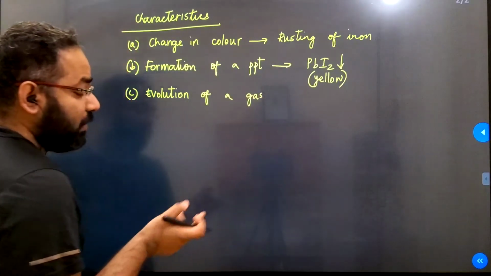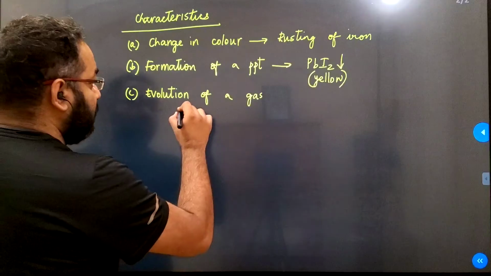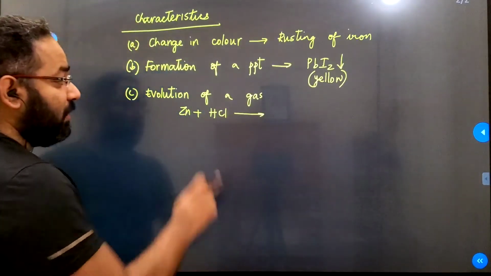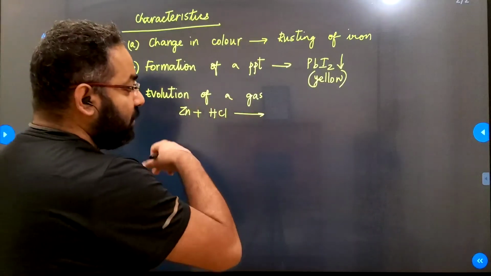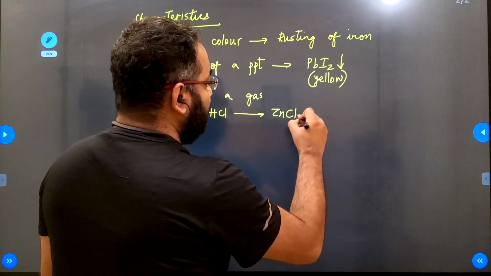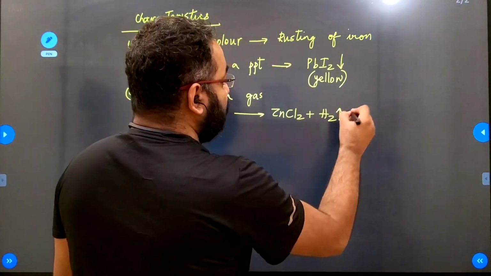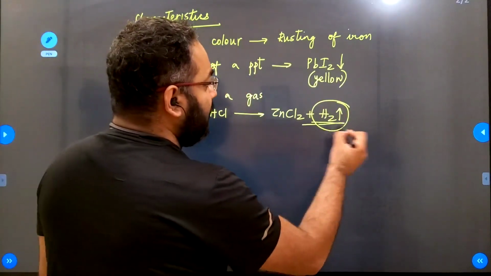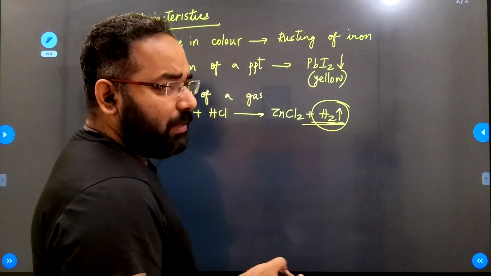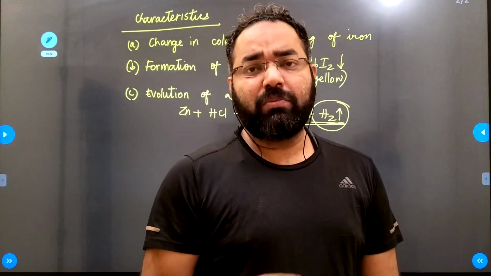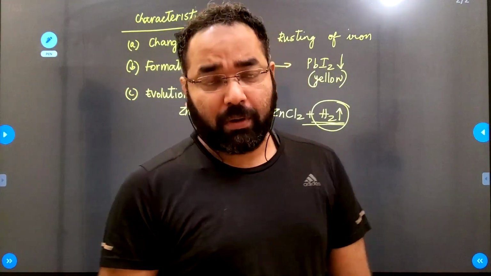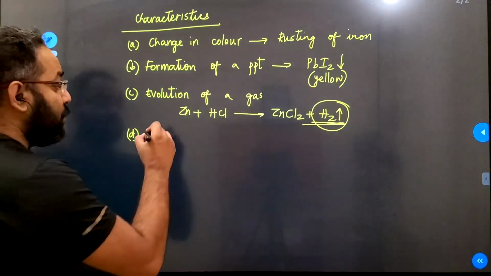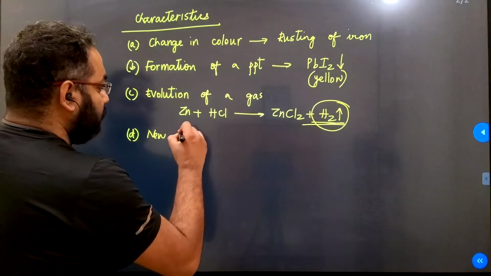Now, I'm going to list down one very important equation that you may have to remember very well. This is the action of hydrochloric acid on zinc. Whenever hydrochloric acid is added to zinc, you get zinc chloride plus hydrogen. So you notice that a gas can get evolved during the reaction. And how do you test for hydrogen gas in the lab? You test it by bringing your matchstick close to the mouth of the test tube, and the fire gets extinguished with a pop sound.